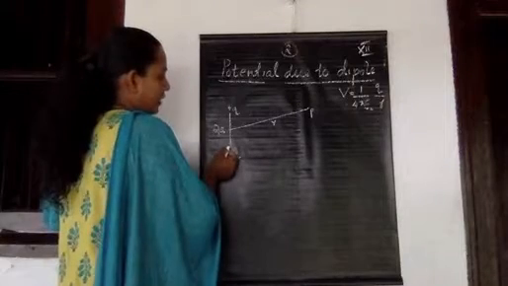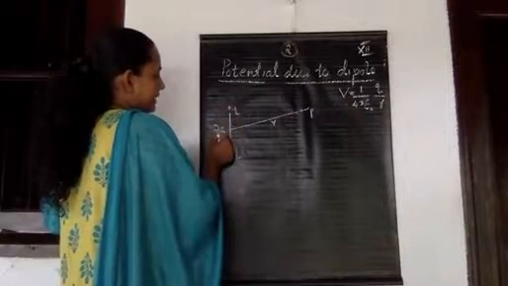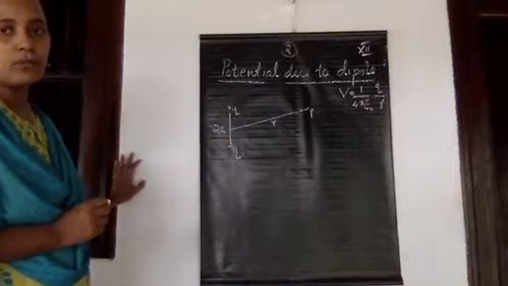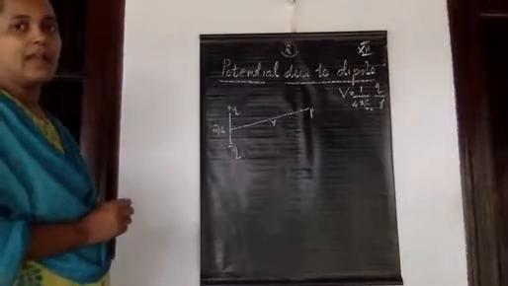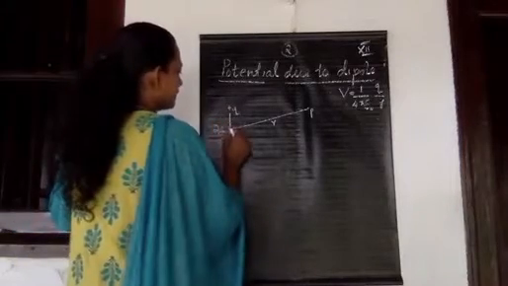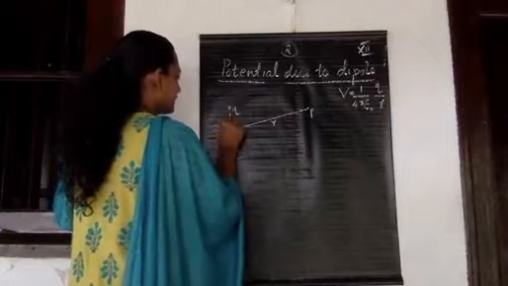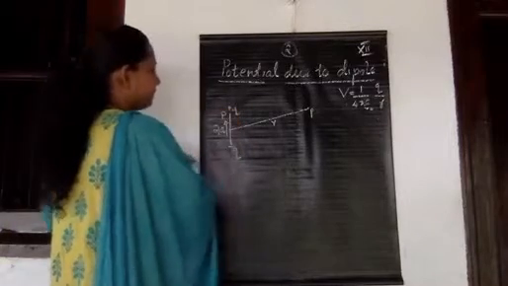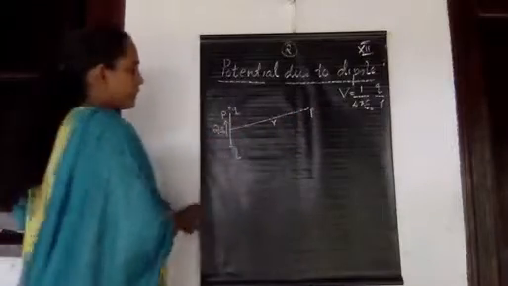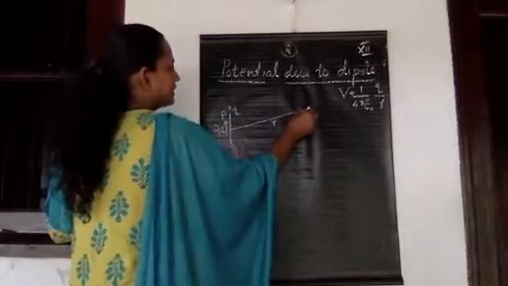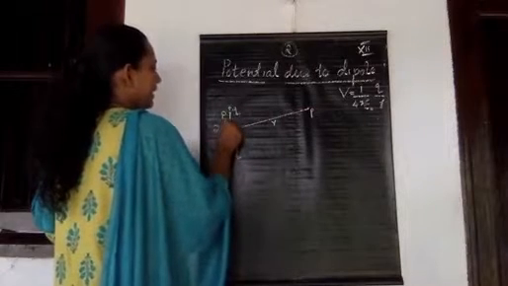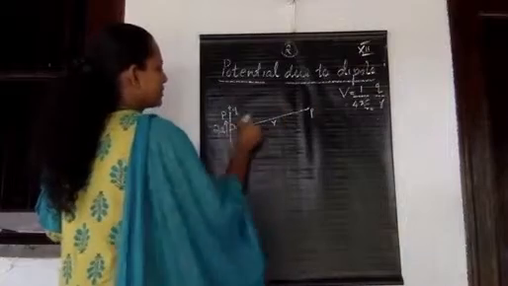So this is a dipole. Minus Q and plus Q charges are separated by a distance 2a, and we can characterize the dipole with the help of its dipole moment, which is a vector quantity. It always acts from negative to positive. Therefore the dipole moment vector acts like this, dipole moment capital P. This is our arbitrary point P. We want to find the electric potential at this point P due to this dipole. Here the dipole moment makes an angle theta with respect to the position vector r.